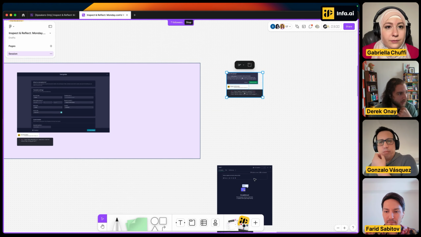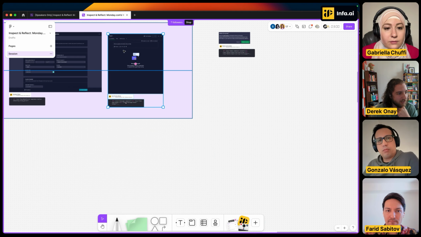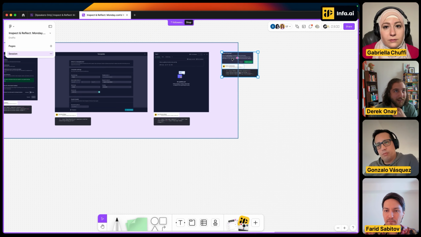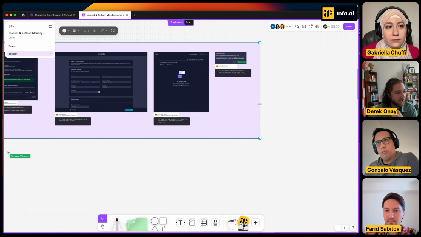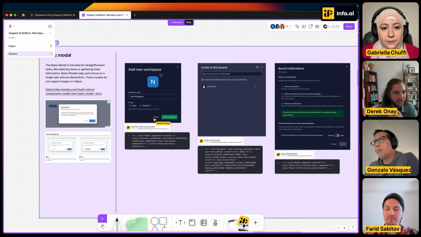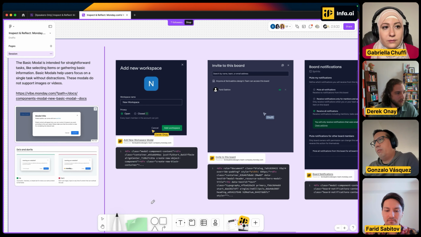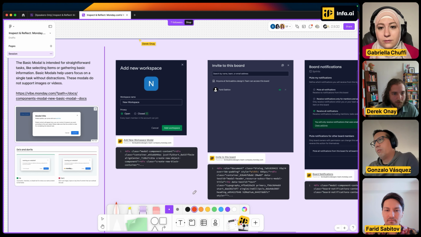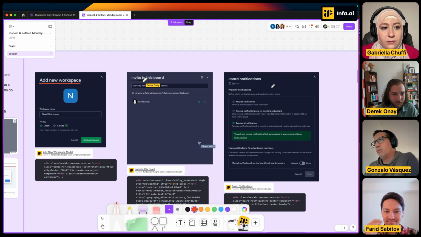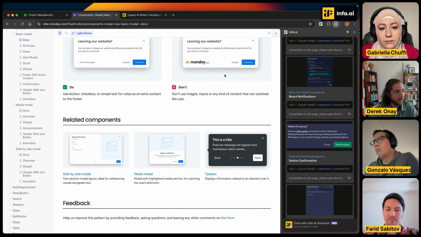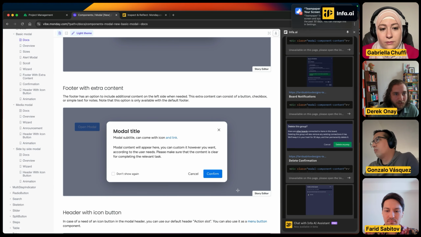Yeah, I think something that's really interesting and it's in the documentation is, whereas these are all modals, in their Storybook site, they still have documentation for their deprecated component. Looking between these first two modals, the add new workspace and invite to this board, the alignment of the title and even the font you can see are actually different between the two. So what that may say to me is that this first modal may actually be using the deprecated component, but it's really important, I'm actually going to pull over